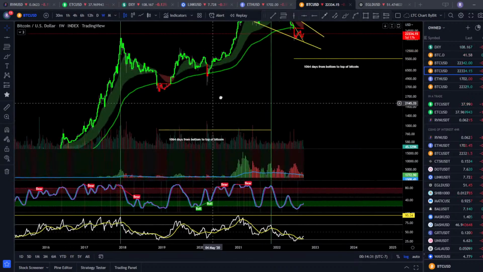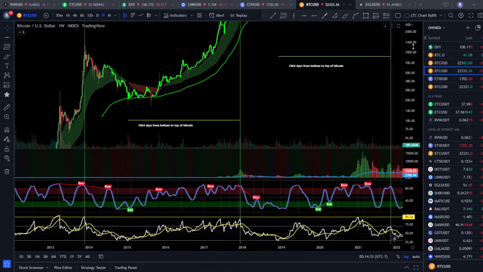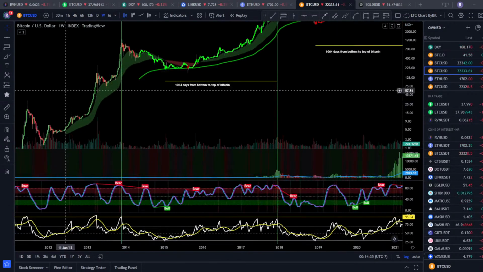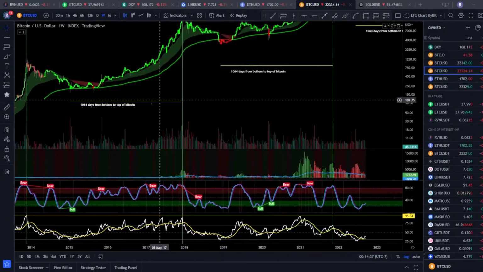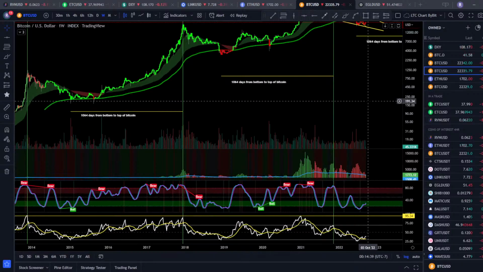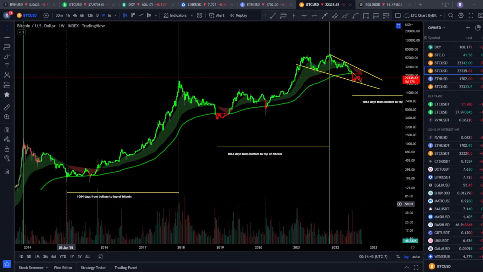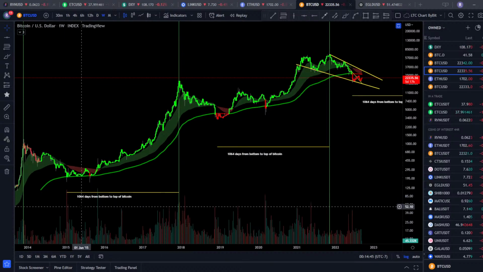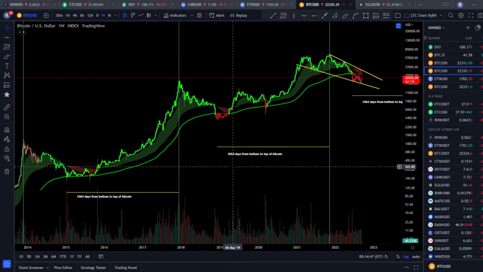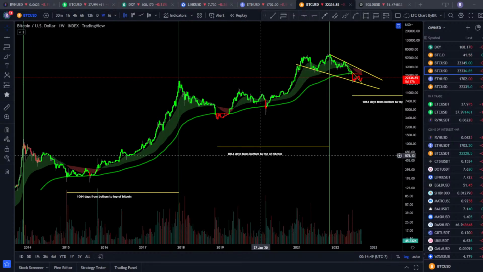But 2 times, the two biggest bull runs that everybody looks at for Bitcoin, from the very bottom to the top was 1,064 days. That's pretty wild to me that it's the exact same date. Now, if you're going off of the 4-year cycle theories, the halving, you know, when the halving happens, that's when